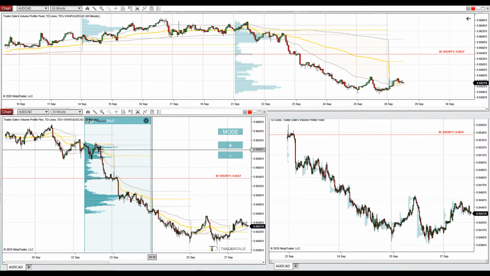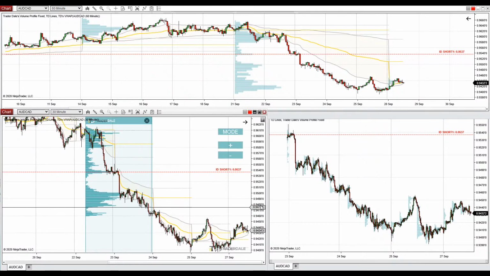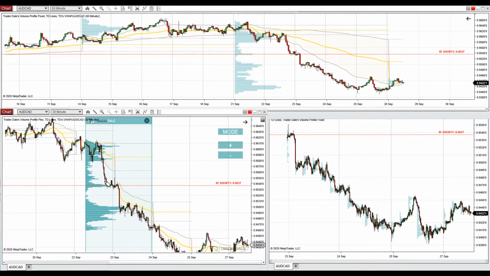Alright, so let's get into it. Let me show you the trading idea which I have for you on the Australian dollar, Canadian dollar. As you can see, there was a strong downtrend, and when there is a downtrend, I'll look for significant volume clusters to go short from. So, if you look at the chart with the flexible volume profile, you can already see that there is a very strong volume cluster created in here with its peak at 0.9537, and I think that the sellers who are pushing the price downwards in this downtrend were adding to their